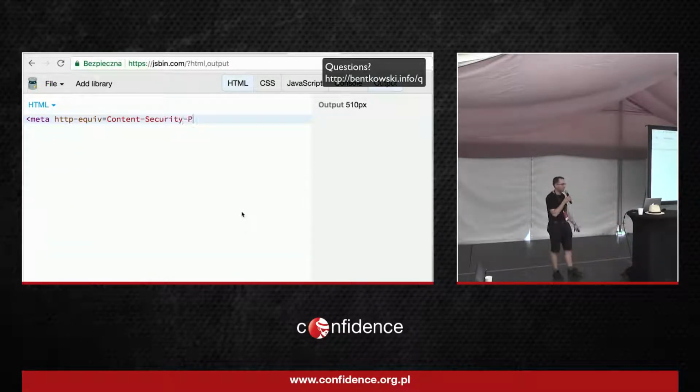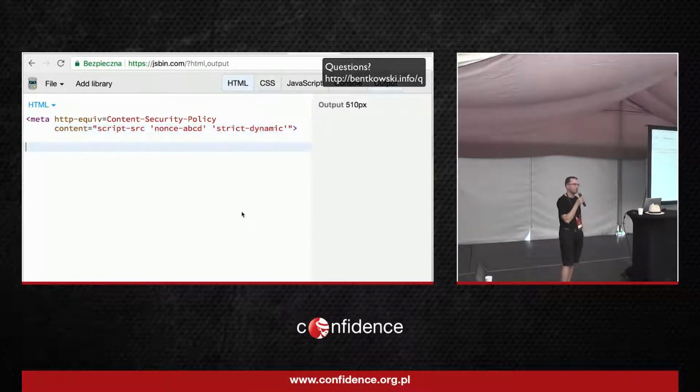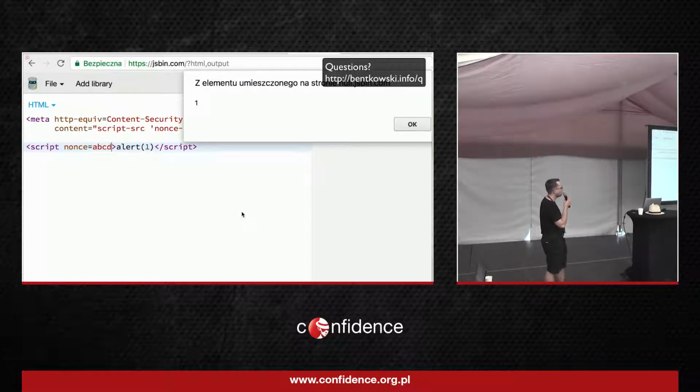So first of all, when I have a content security policy using the word nonce, I need to create some kind of token that should be regenerated after every refresh of the page. As you can see, the alert didn't execute right now. However, when I add the nonce attribute to the script tag with exactly the same value that was in the content security policy, then it will execute. The idea is that the token is regenerated after every refresh, so I am not able to predict what value it's going to have.